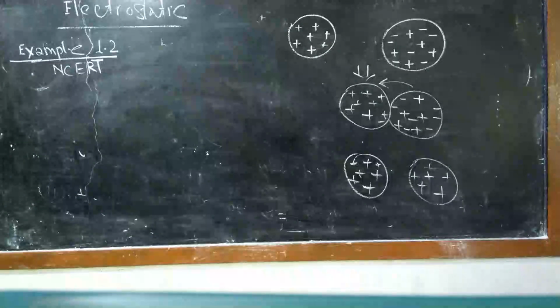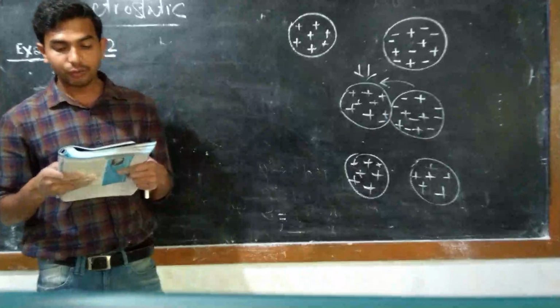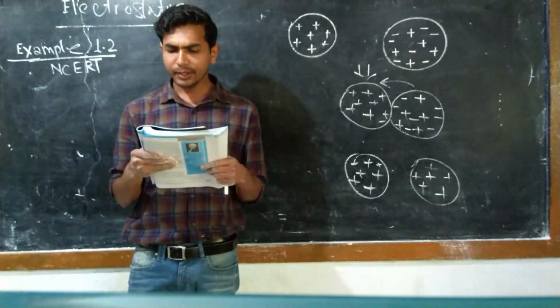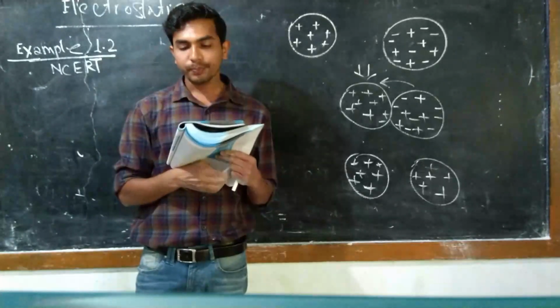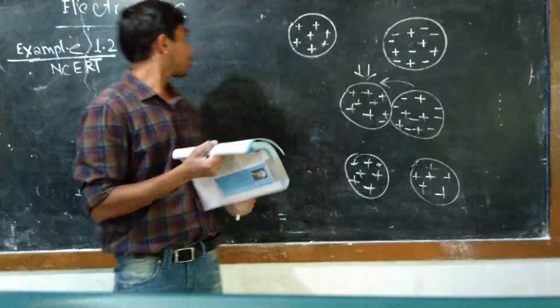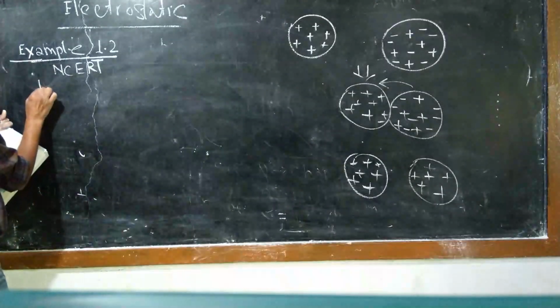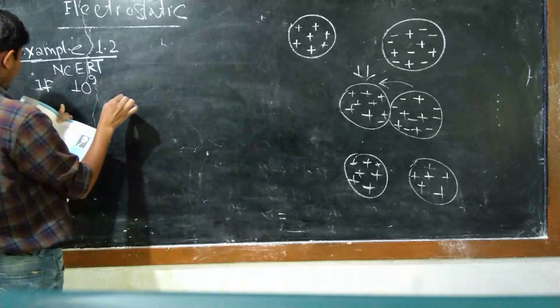So what is that question? In this question, if 10 to the power 9 electrons move out of a body. I have to write the question, so I'm writing the question first. If 10 to the power 9 electrons